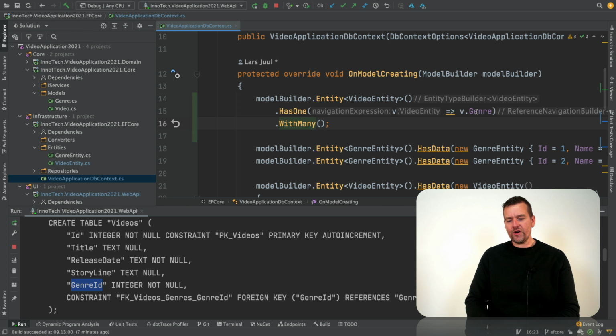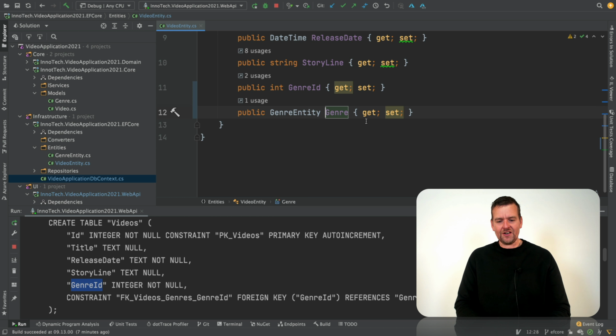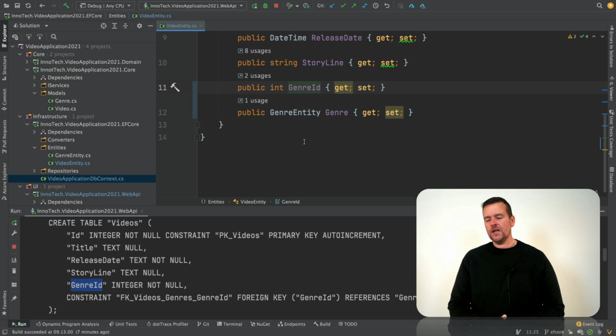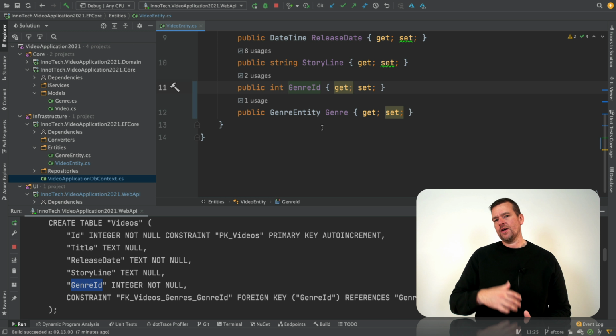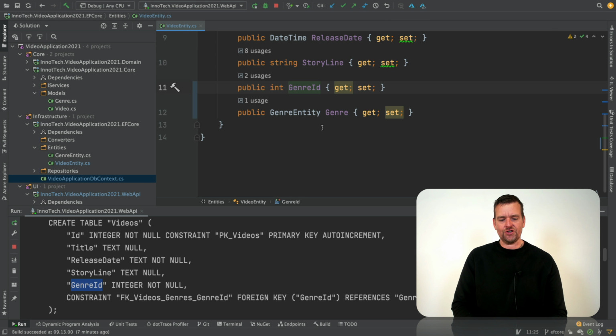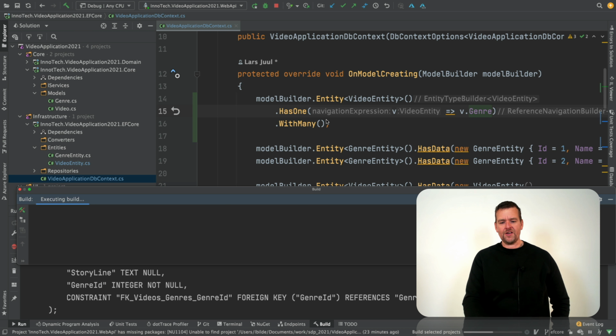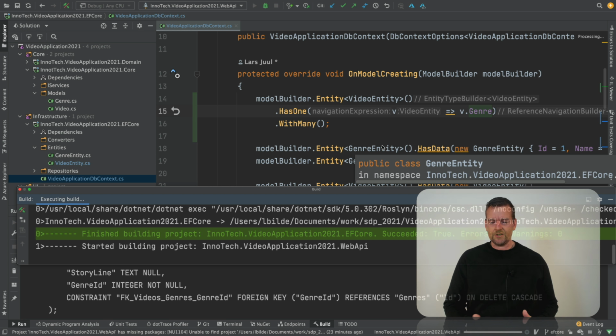And the Genre I'm pointing at is actually the one inside the Video entity that you see right here we built last lesson. Now with this setup, I can actually decide exactly what I want my names to be. So now we can actually start adding foreign key names, primary key names, whatever we want. We can even change the table names if we want to, but I'll show you that in the next lesson. This is all it took to kind of set up this relation. And now this time I've kind of explained in code using the Fluent API how the relation should actually work.